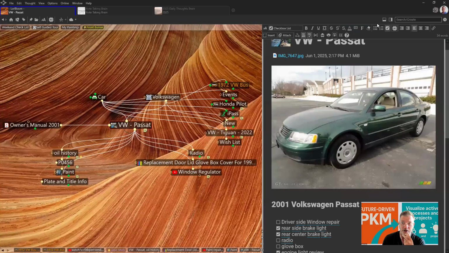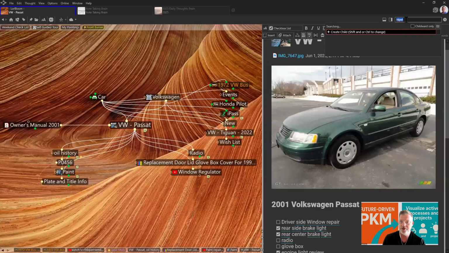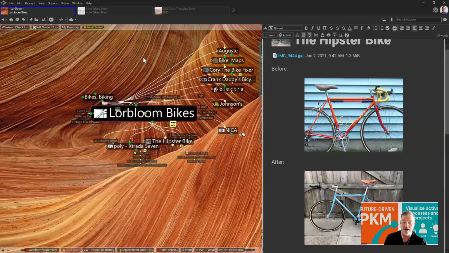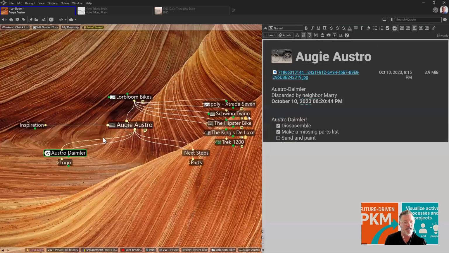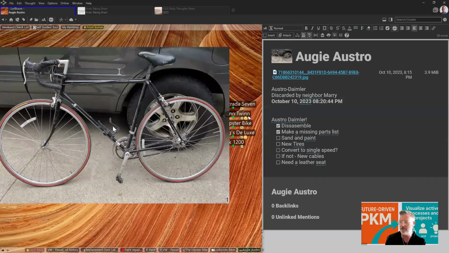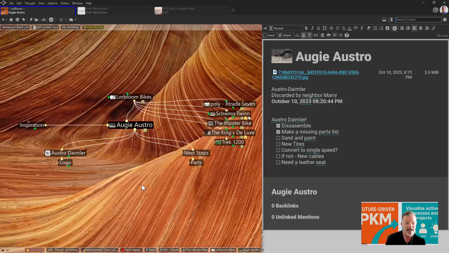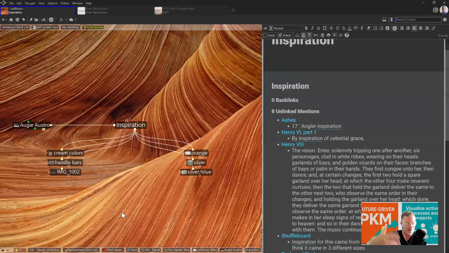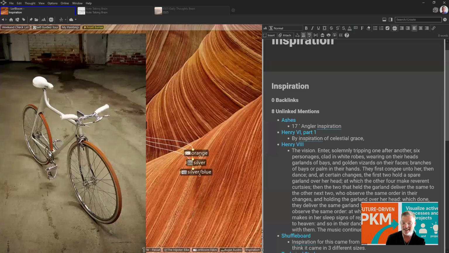Working on another project, if I go to, there we go, my hipster bike. That's a search that I did. I also like to rebuild old bicycles, and I'm with my other son. We're rebuilding this old Austro Daimler. It's a bike that is no longer made, a European road bike, and he's just started this project. He's in the process of stripping the bike down to its bare parts. And we are simply collecting images of interesting bikes because the sky's the limit.